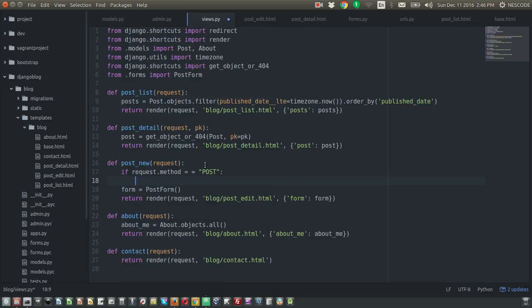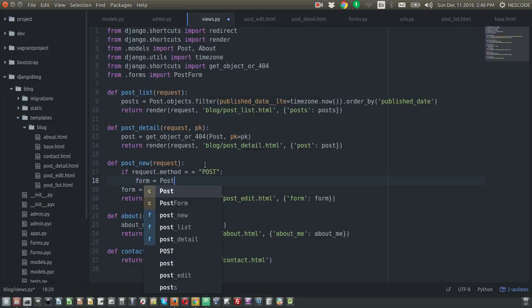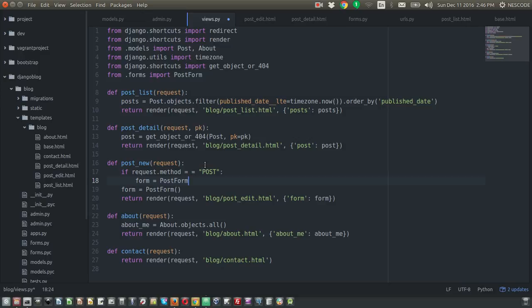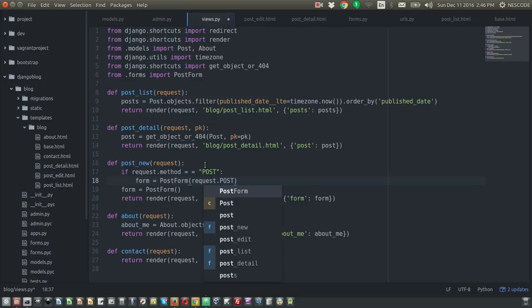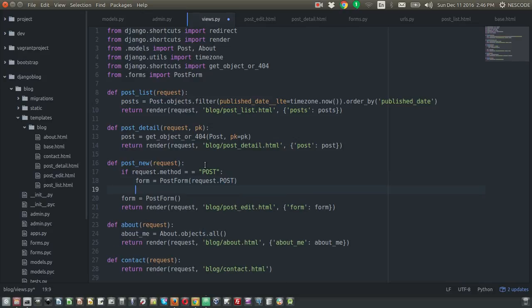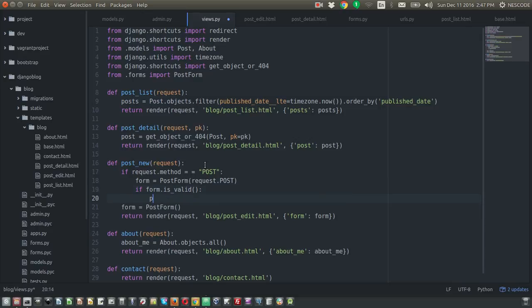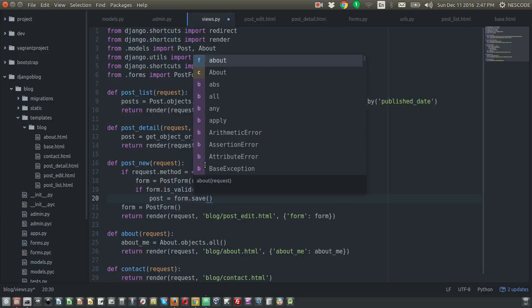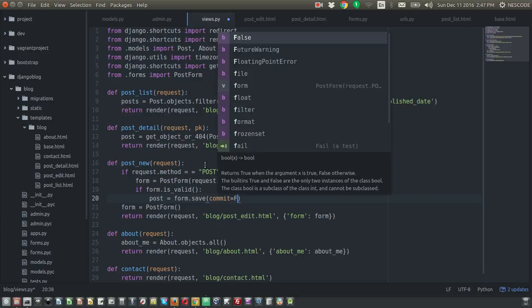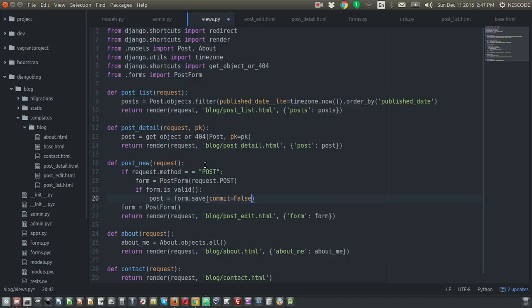then form = PostForm(request.POST), then if form.is_valid(), then what it should do is post = form.save(commit=False),